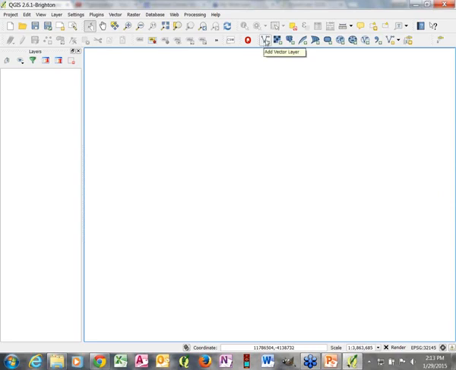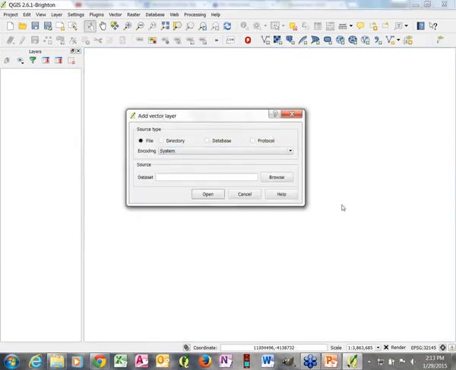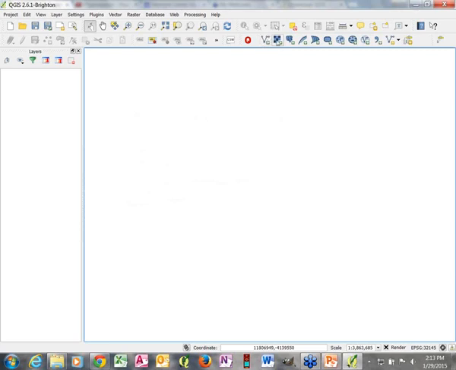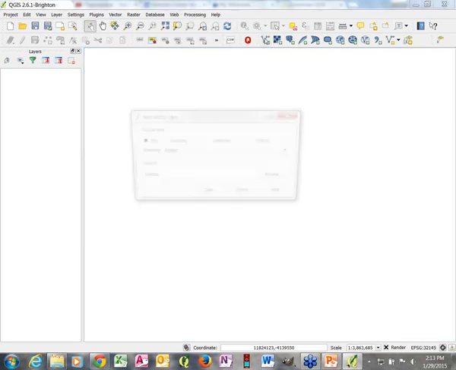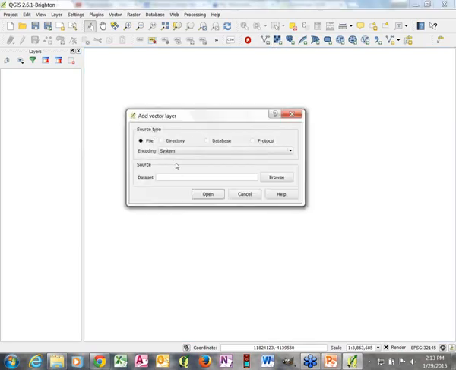The first thing I'm going to do is add what are called vector layers. And we'll talk a little bit about what vector layers are as we do this. So I just clicked on an icon up here, and notice that when I hover my cursor over these icons for just a second, it does tell me what they are, which is nice, because if you can't quite remember which icon is which type of tool, you can hover a little bit to remind you. To be honest, I generally ignore the stuff up here because most of the time I'm just making simple maps, so I'm just bringing in a file. I don't change this encoding option. I just click on Browse,